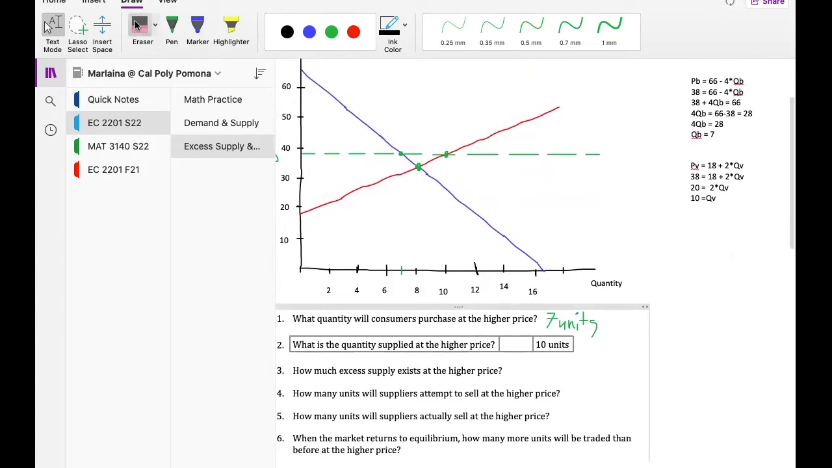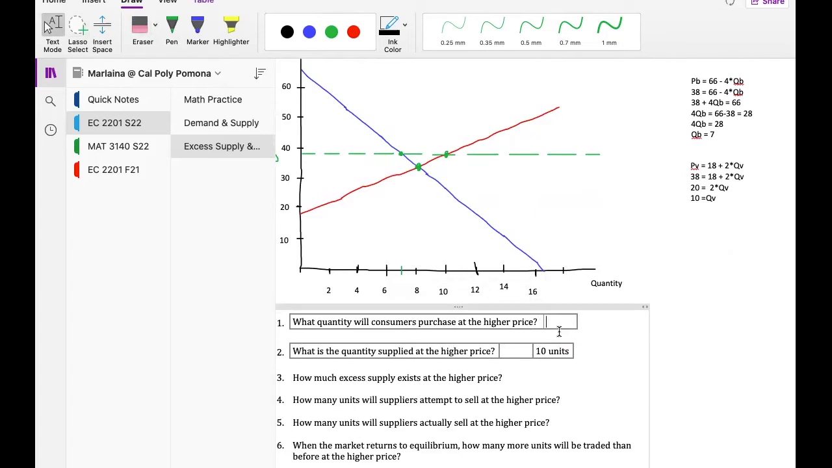So what we're going to be looking at to answer this question here is we have the consumers wanting to buy 7 units, and we have the producers supplying 10 units. So unlike equilibrium, where every unit being sold is going to be bought, we have different numbers here. So if the suppliers are going to be supplying 10 units, but consumers only want to buy 7 of those units,